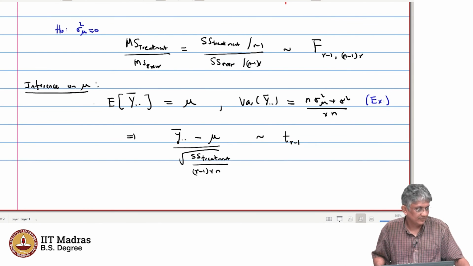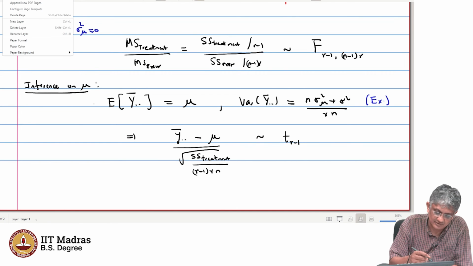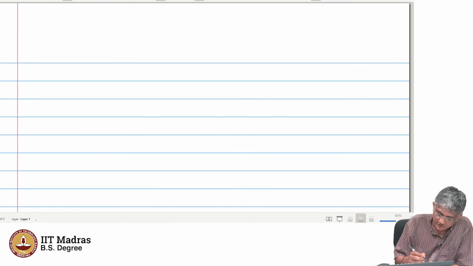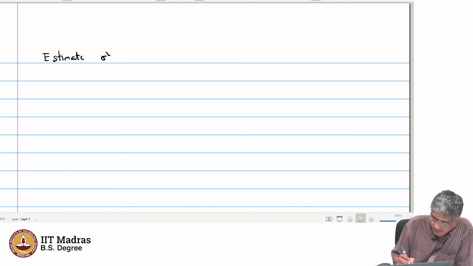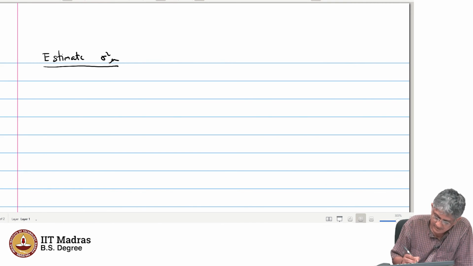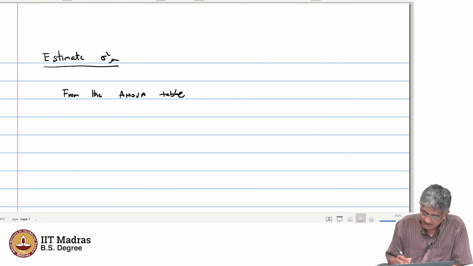The last thing, let's say we want to estimate sigma squared mu. Let's go to the page before. I made a mistake here. Okay, there's no problem. So here, if I want to estimate sigma squared mu in this model, how would I do that? From the ANOVA table, you know that sigma squared mu is